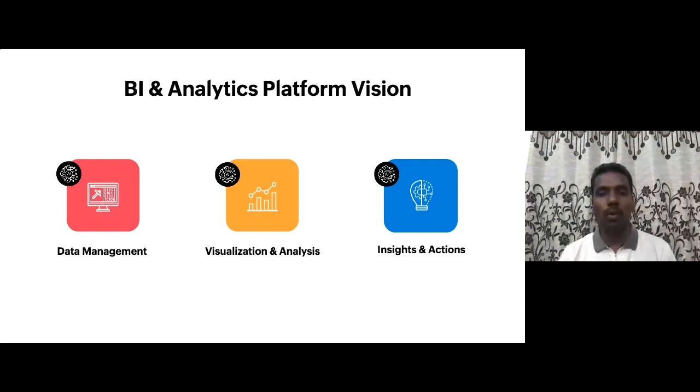So that's our whole vision. And if you look at where we are as far as Zoho Analytics is concerned, we have delivered most of what we wanted to do as part of the vision, but there are components which are still in the works for the future. So having talked about our BA Analytics vision, I just want to jog down memory lane